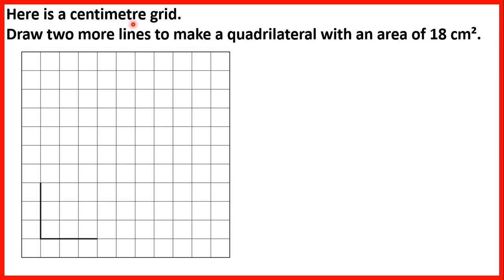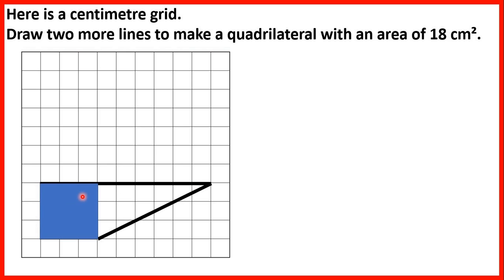Here is a centimetre grid. Draw two more lines to make a quadrilateral with an area of 18 centimetres squared. So a quadrilateral is a four-sided shape, and we can draw two more lines here. That way we have an area of 18 centimetres squared, because we can split what we've drawn, split our quadrilateral,